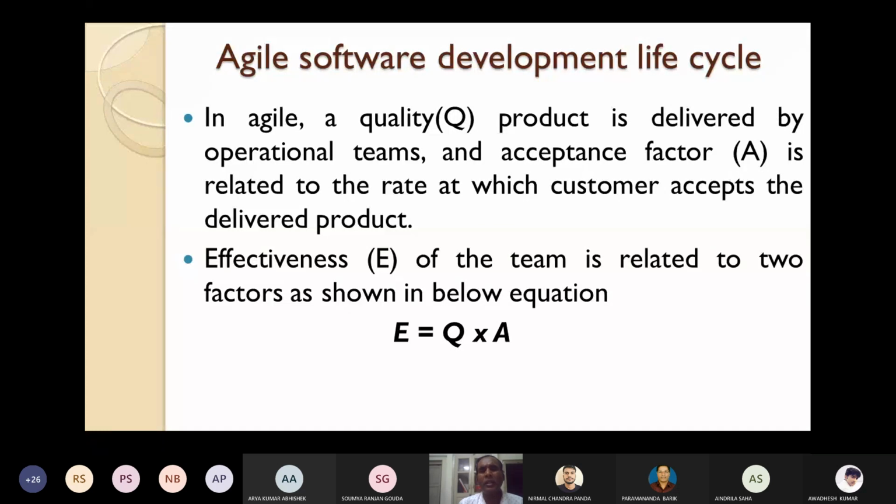And how are they related? E is equal to Q into A. So the effectiveness is equal to the quality into the acceptance factor. You have to give some weights or values to these two factors. Then you multiply, and you can find out the effectiveness of your team in this agile software development methodology.